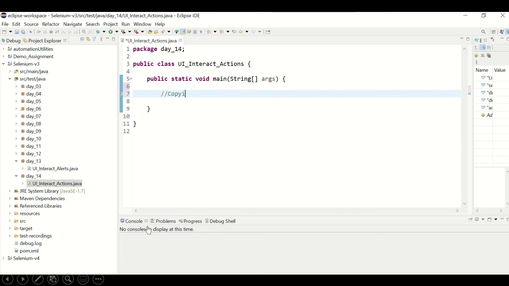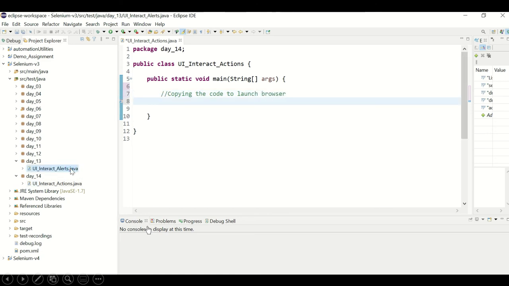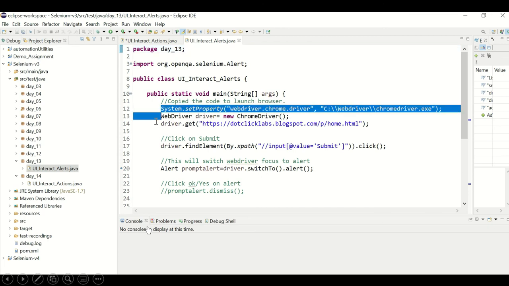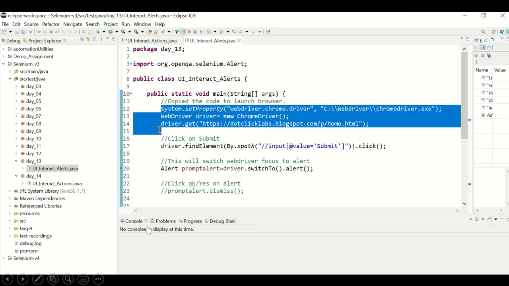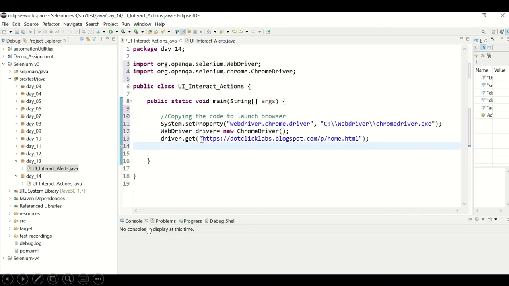As usual, I am copying the browser launching code because we have seen this example many times. I'm copying it from this and pasting it over the main method.